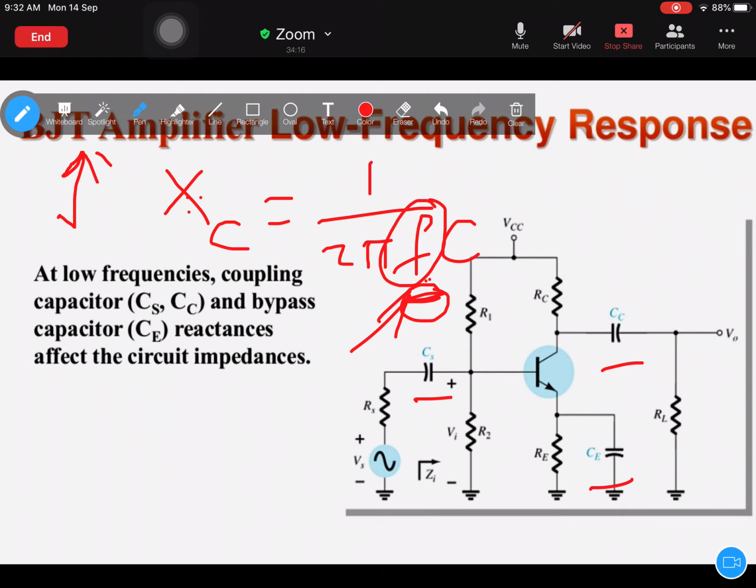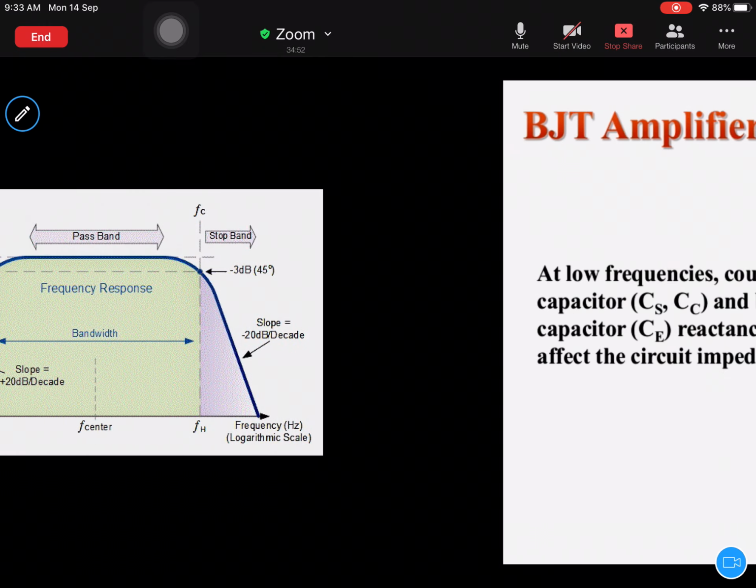Whenever reactance is maximum, what happens? When the reactance increases, the impedance also increases. When impedance increases, what happens? The gain will reduce, because now the circuit is offering more resistance or impedance to the transistor amplifier, which will reduce the power. Voltage and current gain signals also will reduce, which is not desirable for amplification. Okay, that is the reason we should not go for a very low frequency. We should know at which frequency the power gain will be very low.